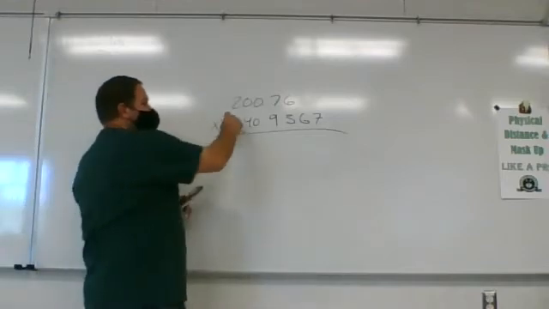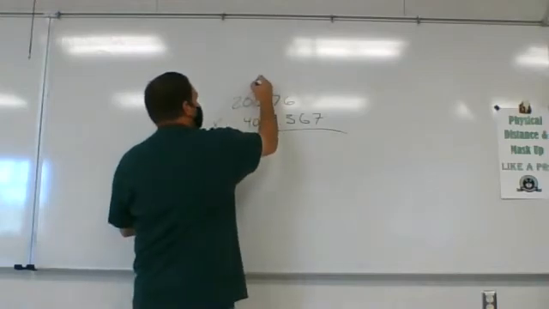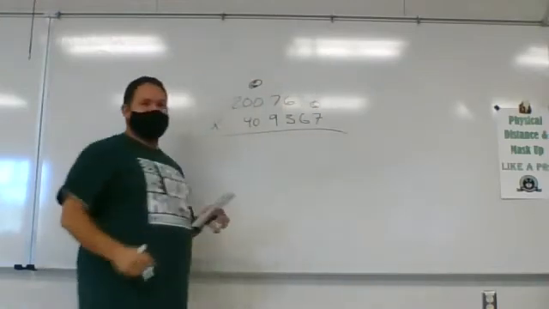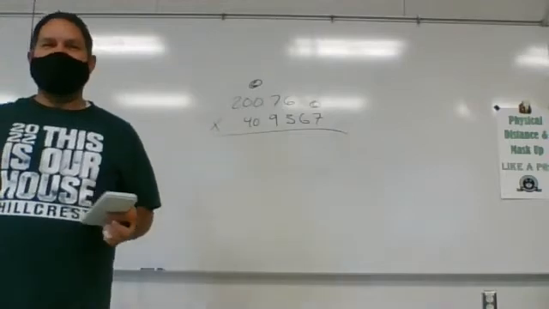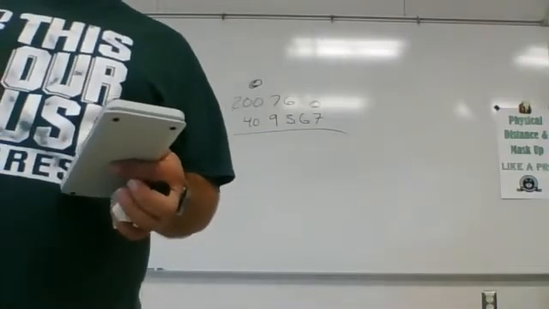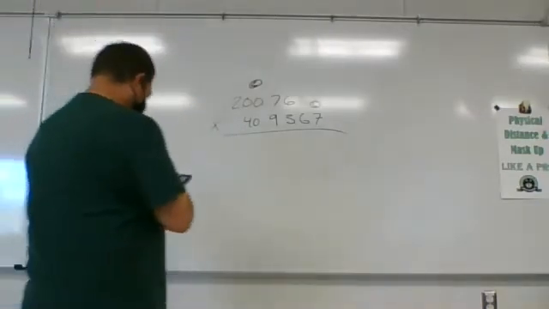How many significant figures are in this top measurement? 5. How many are in the bottom one? 6. So which one's the least number? 5. So automatically, without even doing the calculation, I should only have 5 significant figures in my final answer. So if I do that,